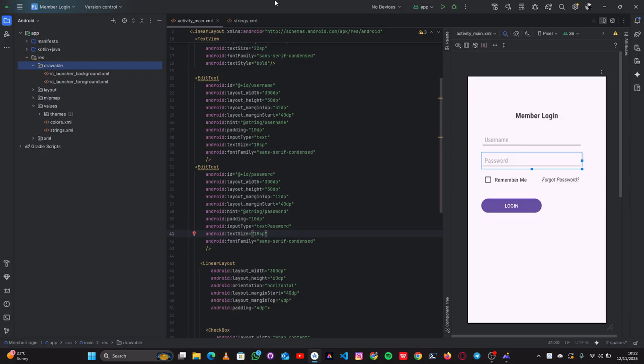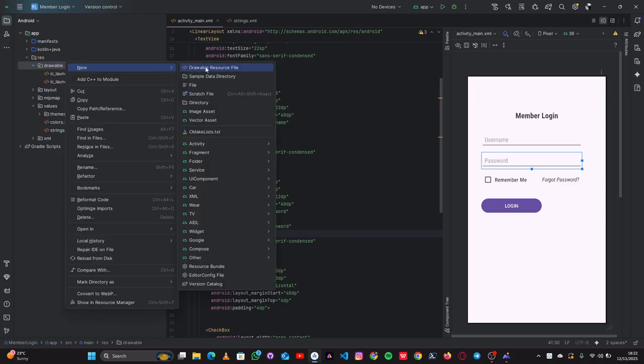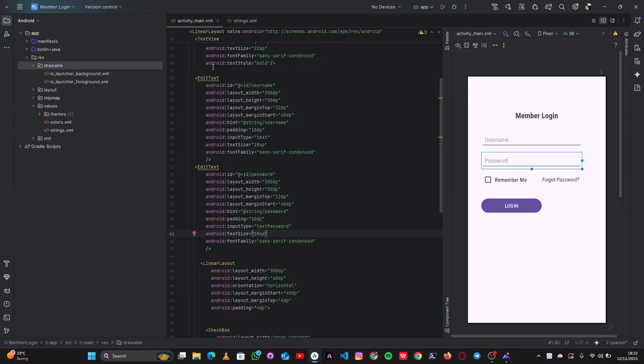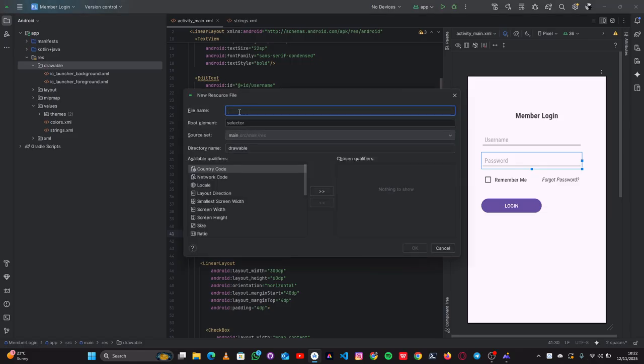So let's go ahead and right click. So right click on drawable and create new, and then drawable resource file. So once you create a drawable resource file, give it a name. Since we are designing a border for our input, simply type input underscore in small letters, input underscore border. Maybe input border for our